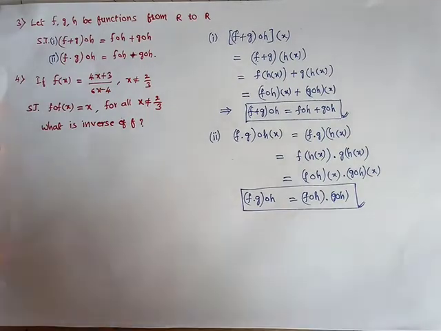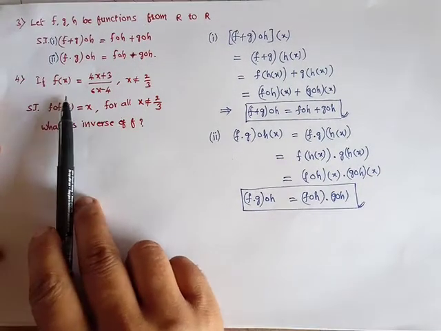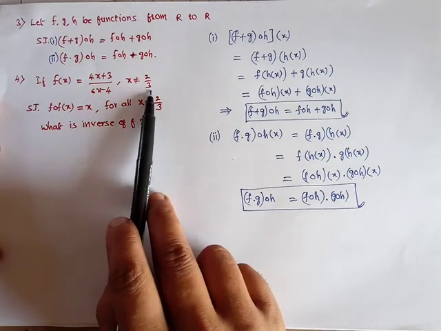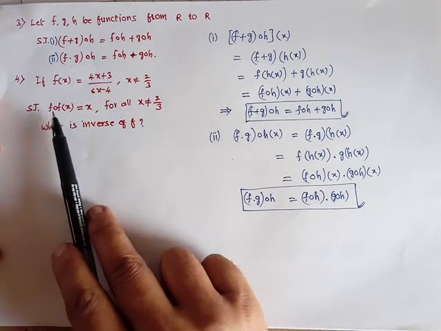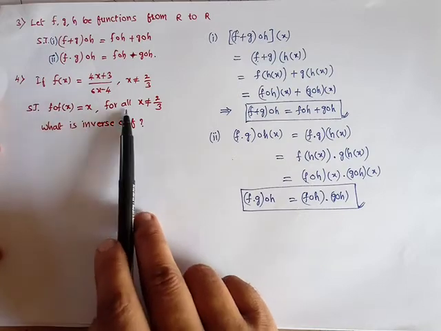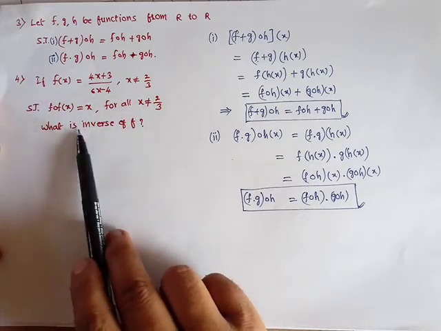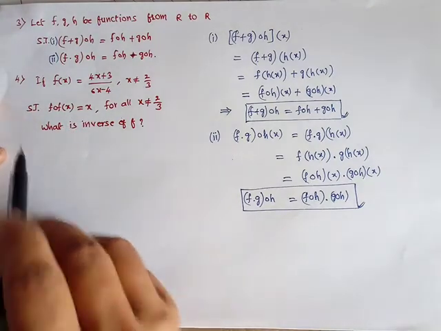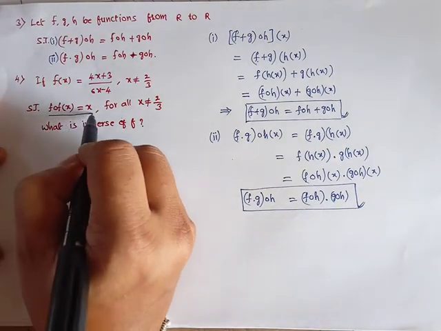Coming to the next question, if f of x is equal to (4x plus 3) by (6x minus 4), x not equal to 2 by 3, show that f circle f of x is equal to x for all x not equal to 2 by 3, then what is the inverse of f? Then just you see, it is asking to show f circle f